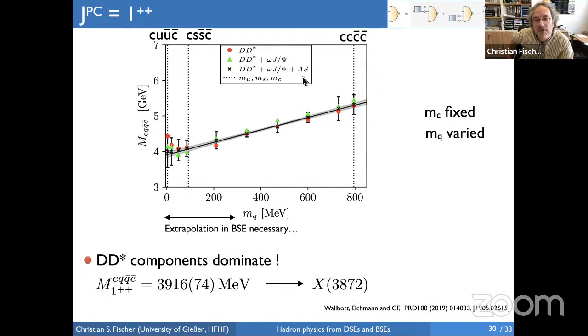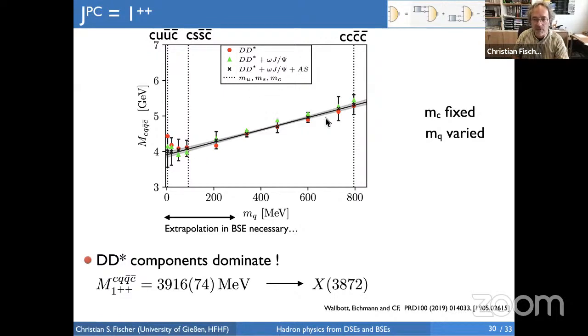And we did the calculation including several components. This is the heavy-light meson component, so internal clustering into a D and a D-star meson. This is a calculation when we include in addition the hadrocharmonium component, forming the quantum numbers of a J/psi, a c c-bar in the center, and the light omega going around that. And this is the calculation where we include the possibility of the heavy-light meson clustering, the hadrocharmonium clustering, and the diquark clustering, containing an axial vector diquark and a scalar diquark with the right quantum numbers.